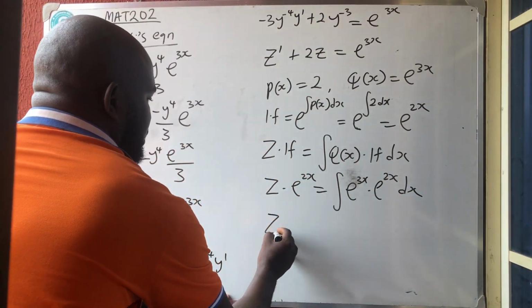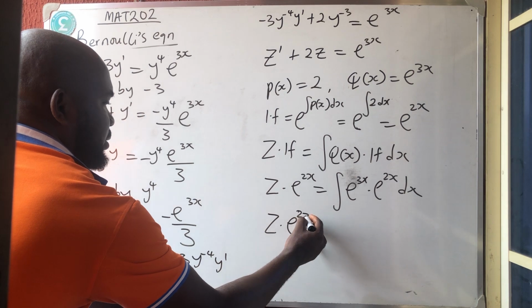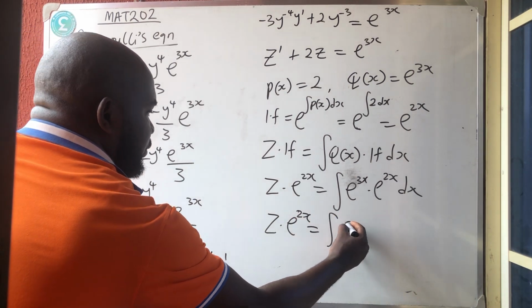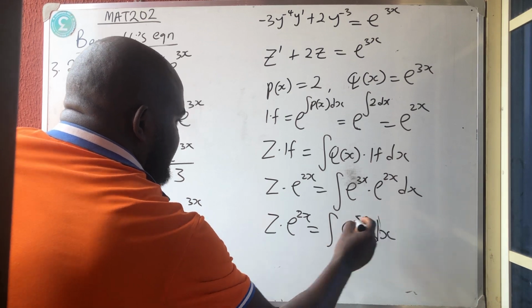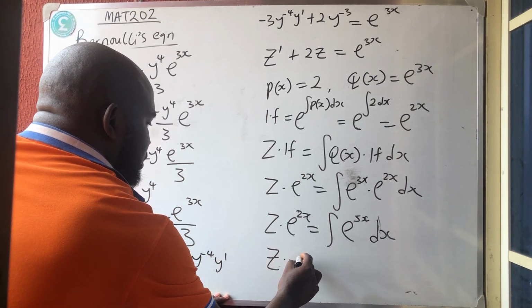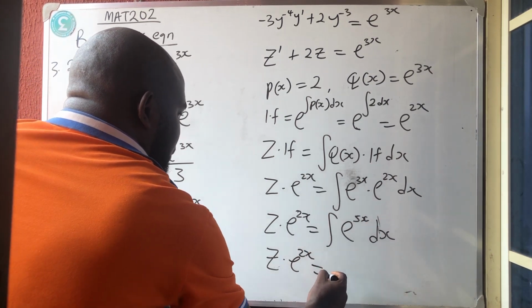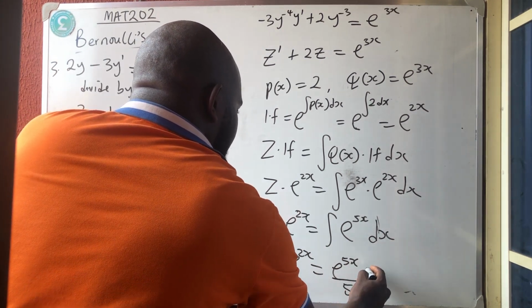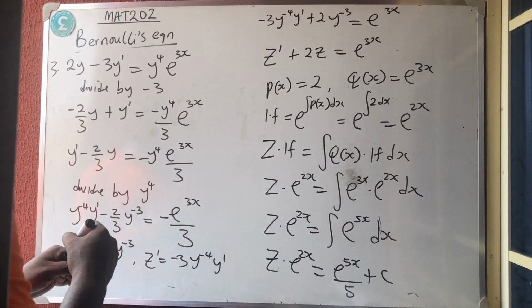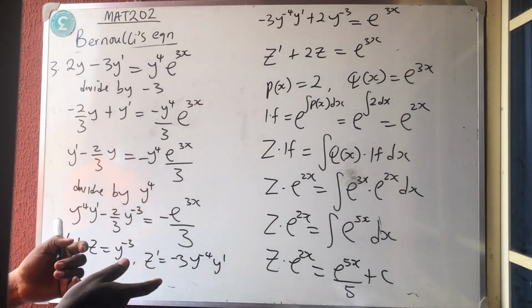So I'm left with what? z dot e raised to power 2x is equal to the integral of e raised to power 5x dx. So I'm having z dot e raised to power 2x is equal to e raised to power 5x over 5 plus a constant. So what is my z? My z is equal to,